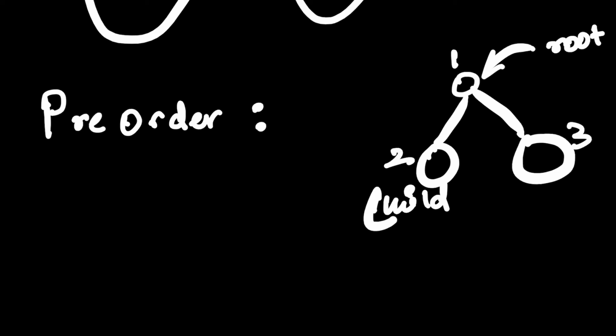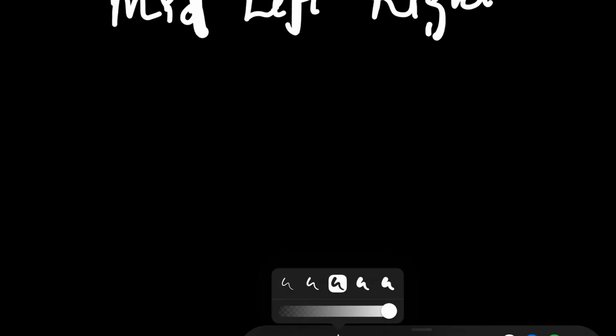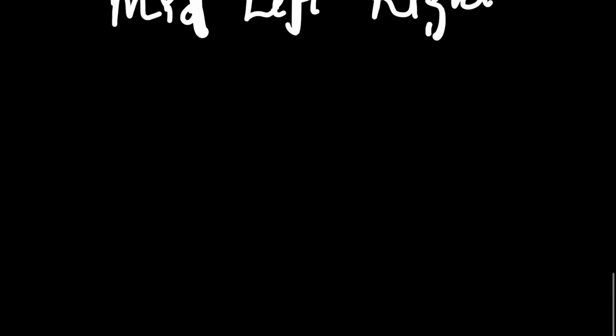So in pre-order traversal I visit the 1 first, then 2, then 3, which means I visit the middle node first, then left, then right. Alright, so this is what we have to do in pre-order traversal. Now in this sum we have an example which has been given to us, and we have to see what are the pre-order traversals possible. So let's get back to the question.